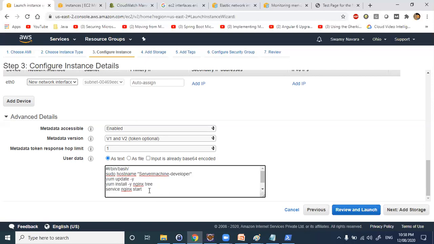Yeah, and let us add a couple of users here. User and let's say developer 1. Copy developer 2. Let's add one more user, developer 3.